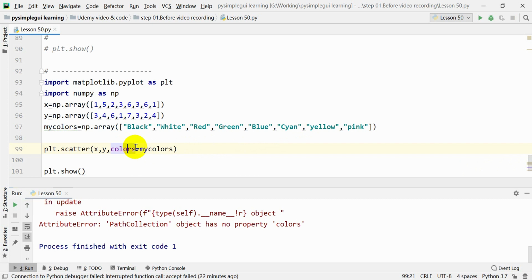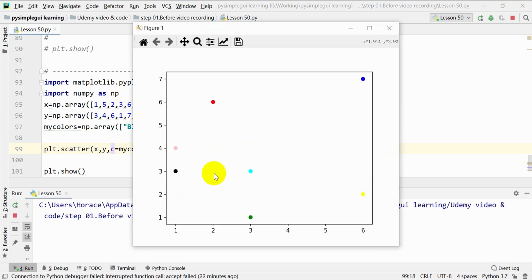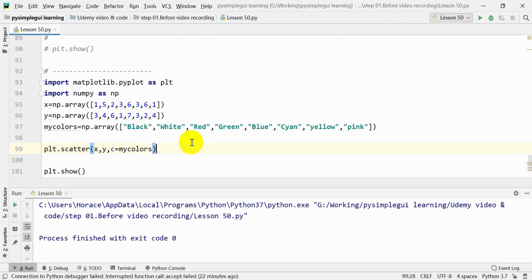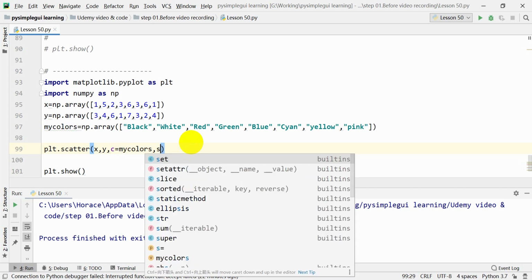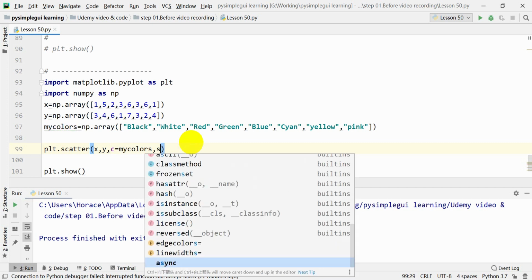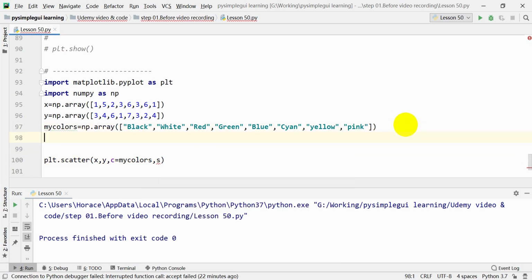Oh, I'm sorry, colors can only be one, or there's no color. It has to be color, not colors. So we use C for colors. And now we have the different colors here. So this is the colors. And after colors, we have the size. Size is S. So for size, we can do my size,